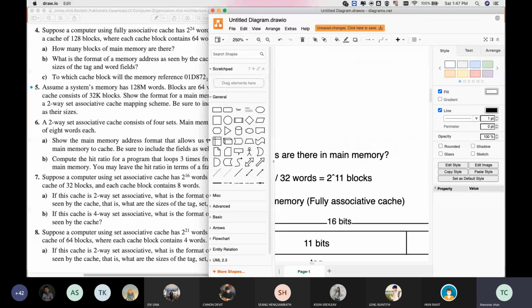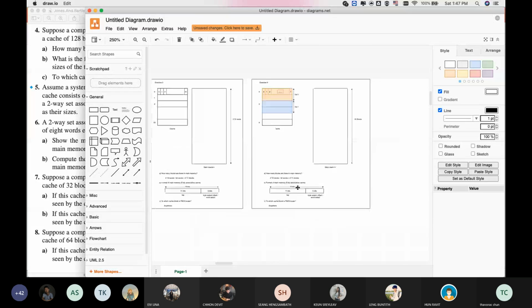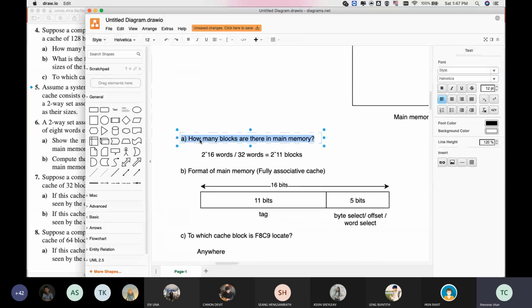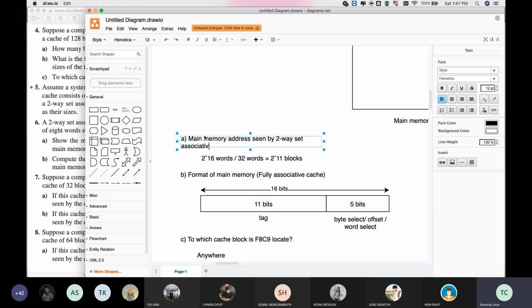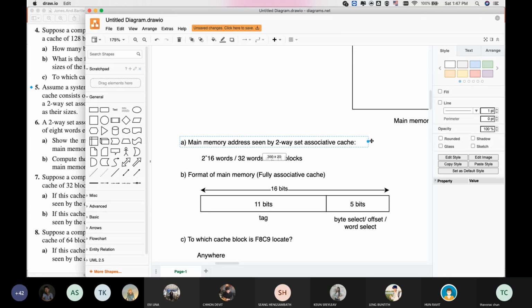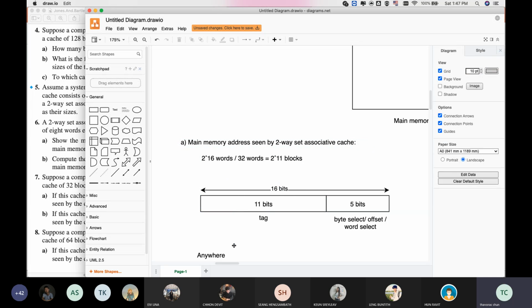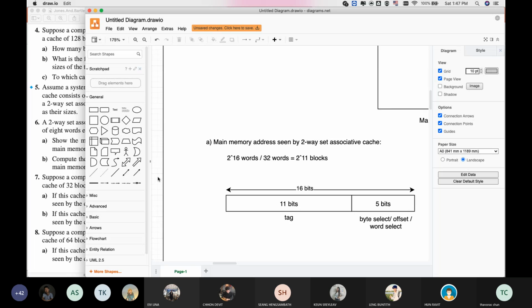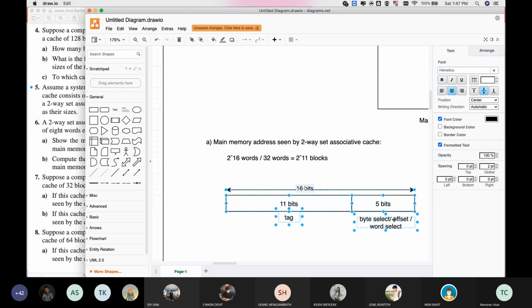So coming here, make it bigger. Question A, the same: main memory address given by 2-way set associative. Okay. And we can remove this. The format